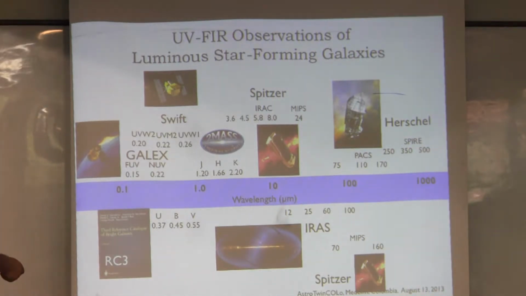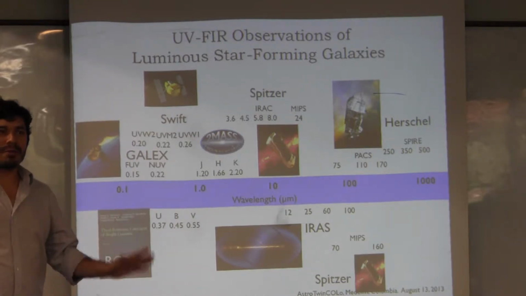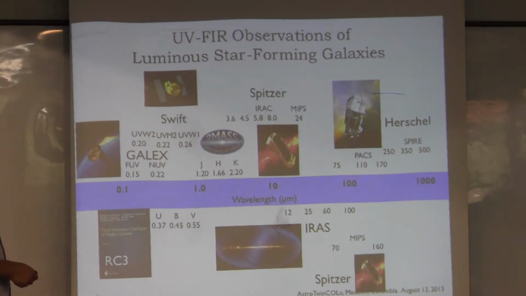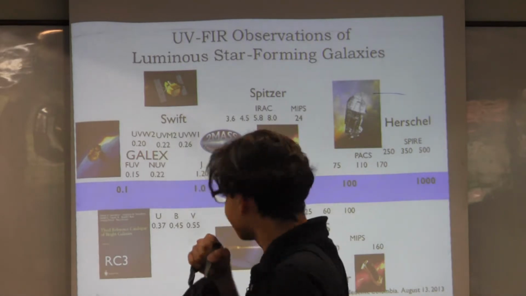So we are lucky because in the last 10, 15 years, a lot of different observatories have been launched into space. And the reason why these observatories have been launched into space, I think we now all have it clear, is because of all that trouble we have with the atmosphere that Bernard was explaining to us yesterday. In particular, for some of these bands, you cannot look at all from the ground, so you need to launch observatories to space. So here are a few examples of some of those observatories.